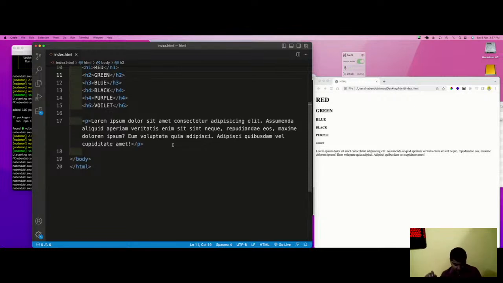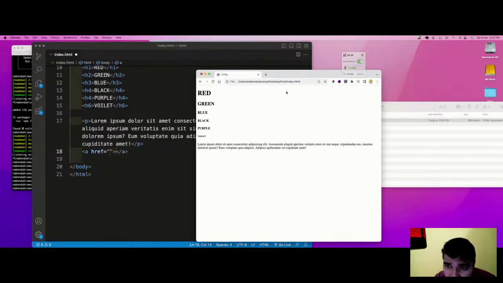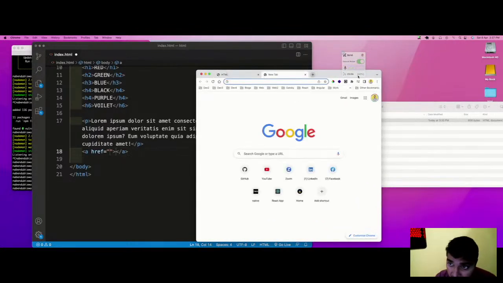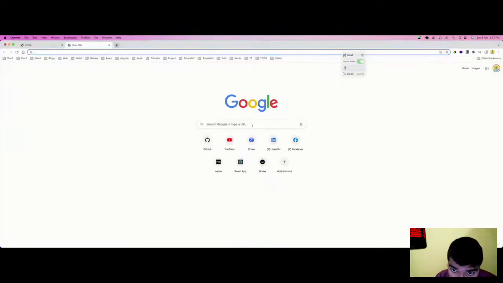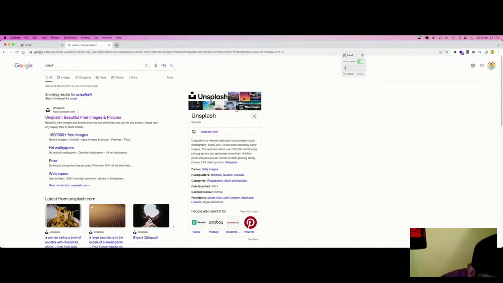Now after the paragraph tag, we have the next tag, which is called the anchor tag. This is the anchor tag, the letter A, and for this anchor tag, we actually need to use a reference. For this particular thing, we use some reference. So let us have the Unsplash.